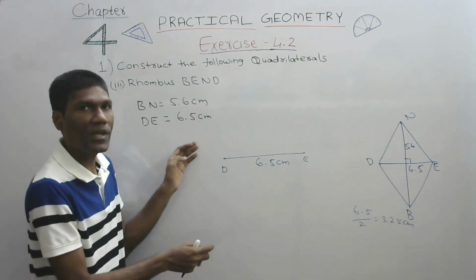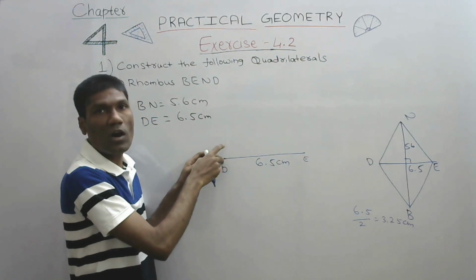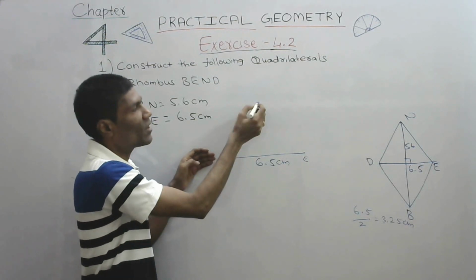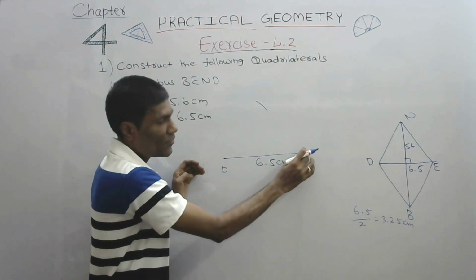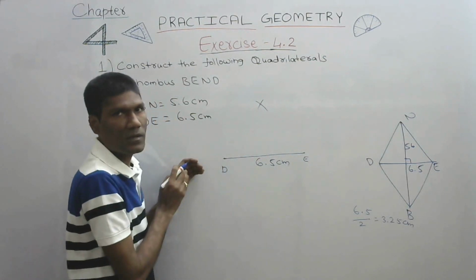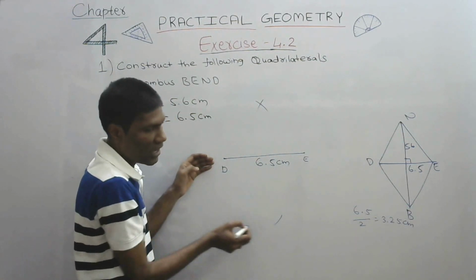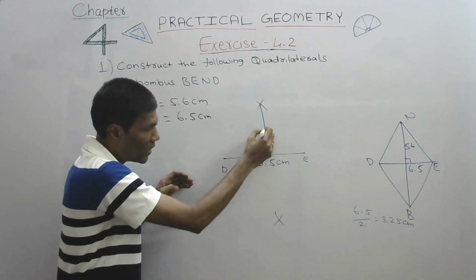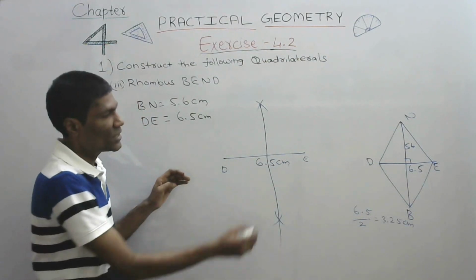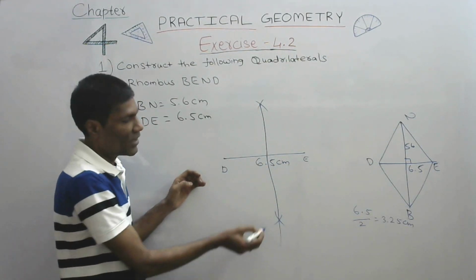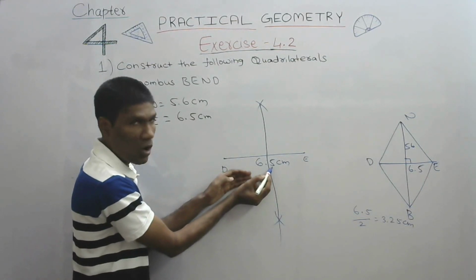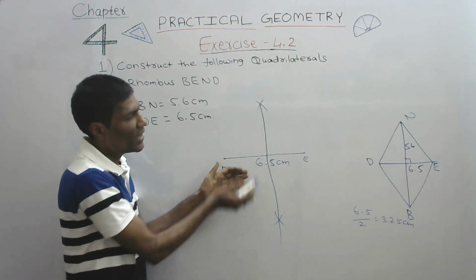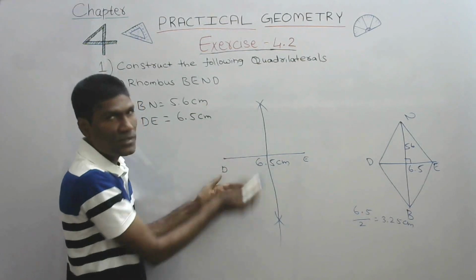Or we have a method by which we can draw perpendicular bisector. That is, with any length draw one arc here, from the same length draw another arc, with the same length draw one arc, and with the same length draw another arc, and join these 2 points. This will be the perpendicular bisector. We can draw like this, or we can measure off it, put a point and draw a 90 degrees line. Either way it is okay. So we got this line.